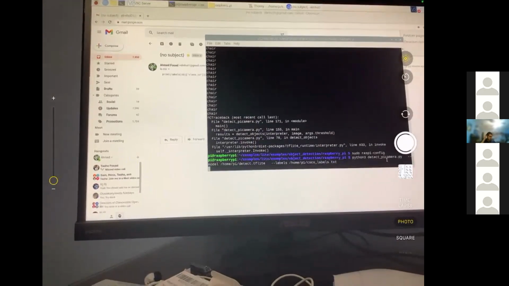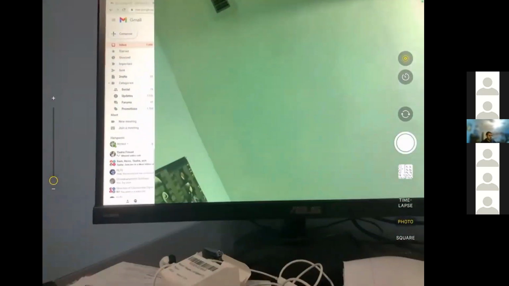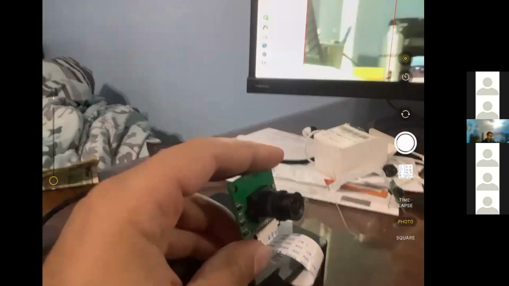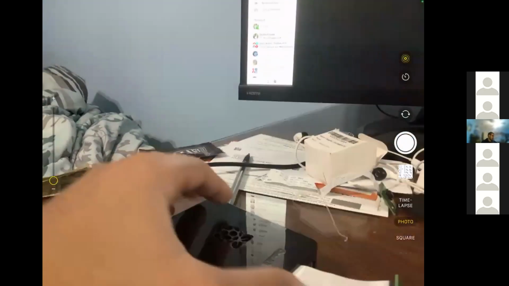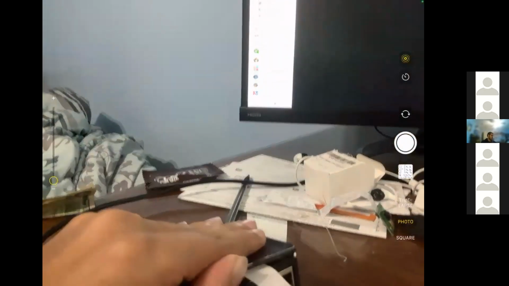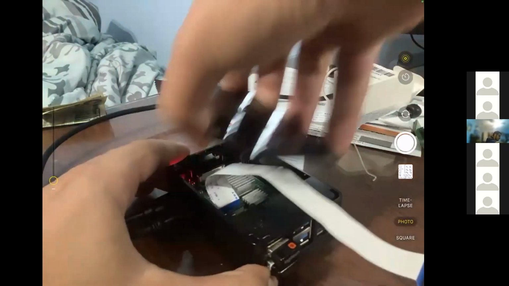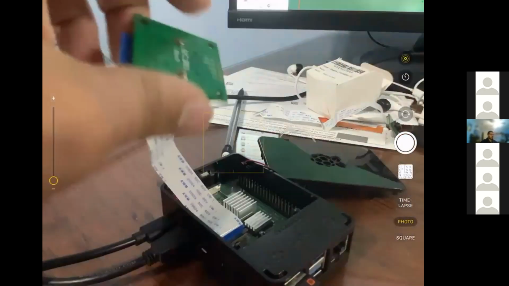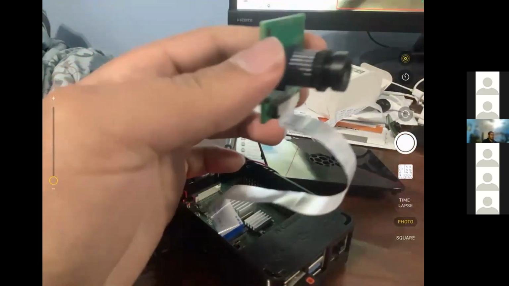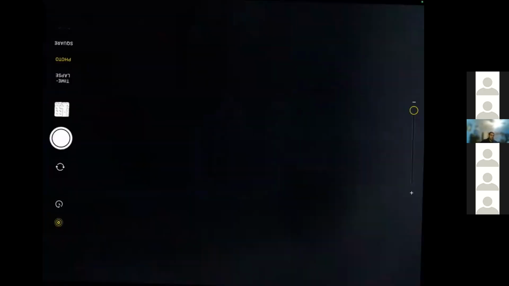Basically, if I run the command, you'll see that I have this camera right here, right? By the way, this is the camera I'm looking at. This is much better than the one I had before, but it's basically connected to the Raspberry Pi through the little interface in there. So you just plug it in through the interface and you have the camera on the outside. And after you enable it, you can already see that there's some boxes around.